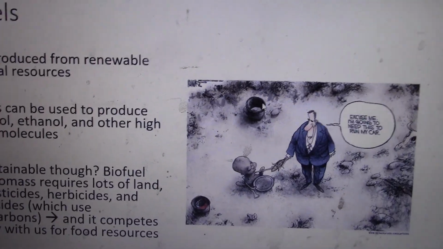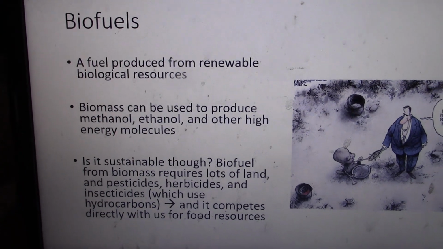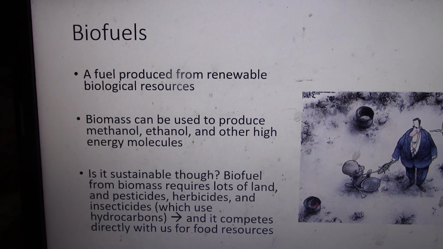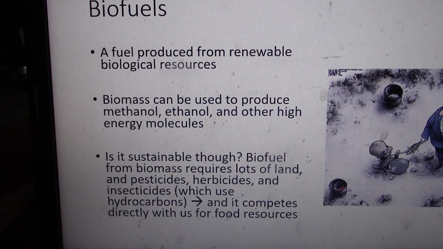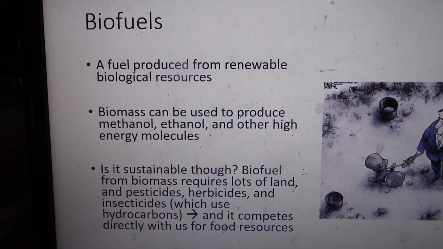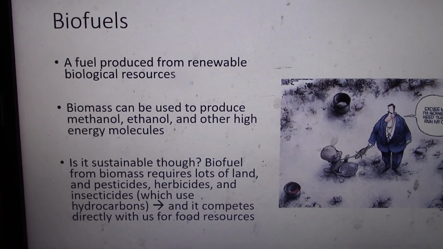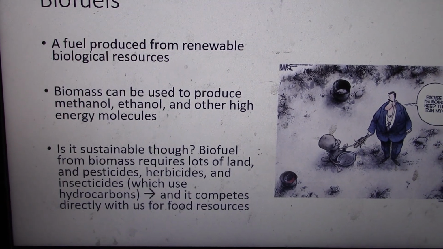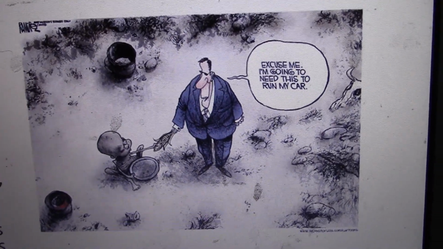This was the debate about using biofuels, right? So getting ethanol from corn, for example, and then putting that into engines rather than having petroleum. So if you have E85 ethanol gasoline, then some of this is coming from crops, and it helps things burn cleaner because there's more oxygen in it. Right, so it requires a lot of land, and it competes directly with us for food resources. So we are affecting the food distribution network by doing this, and that always